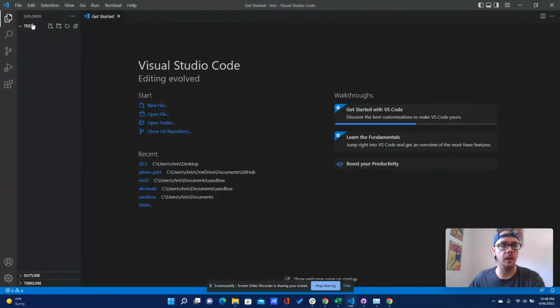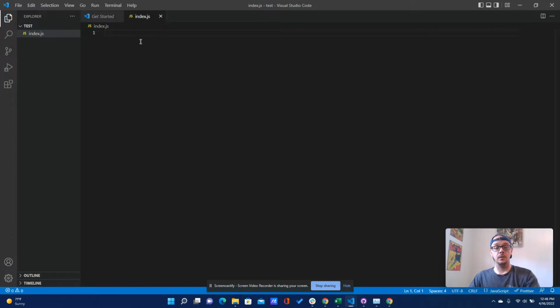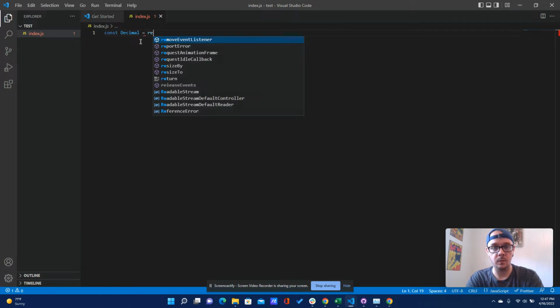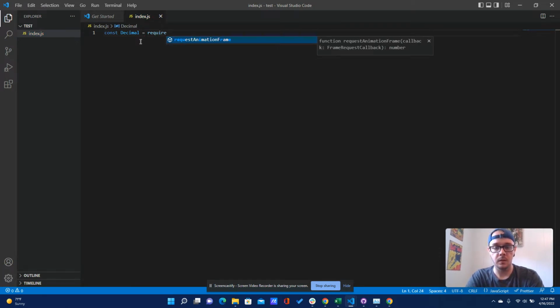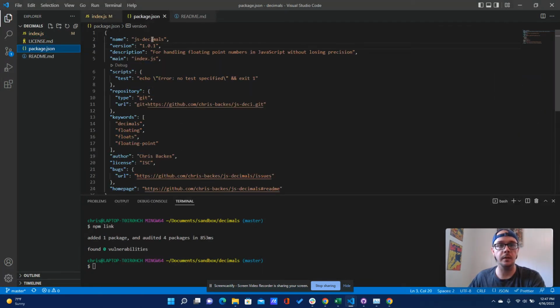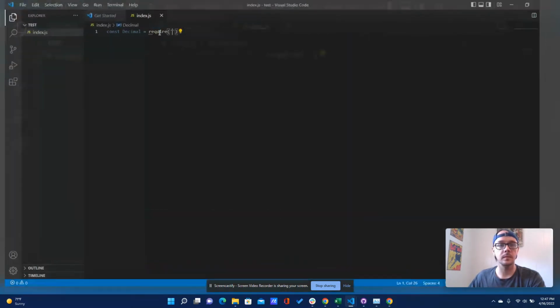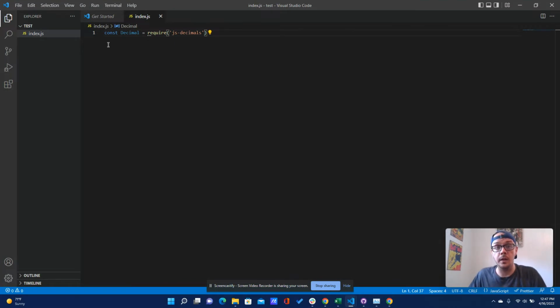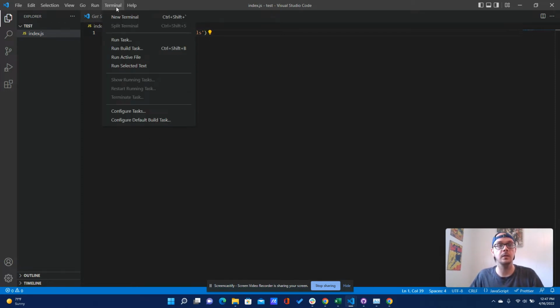Okay, so we've got our test folder, index.js. Okay, const decimal equals require, and what do we need to require? We need to require the name here. Now this isn't going to work yet, and we know it's not going to work because there's no node modules package here. So